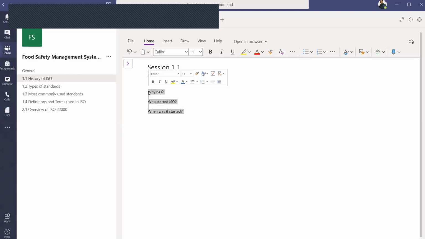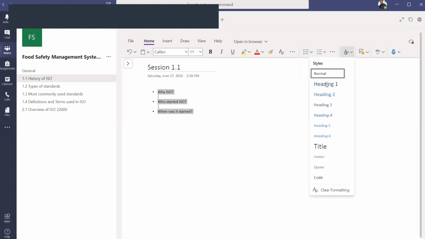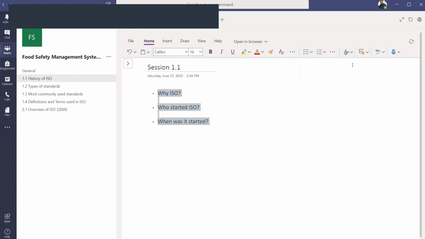So this is what I've done, and again you can add bullets to it. There are different forms of bullets we can use. Then I can make it into a heading, I can change its color, many options are there over here. There are some options I have not explored yet, but these are the basic things that we would like to use.